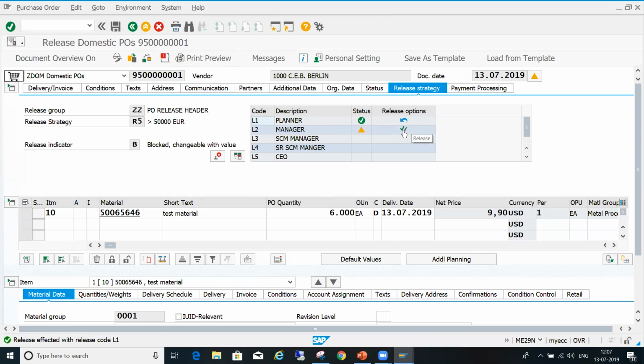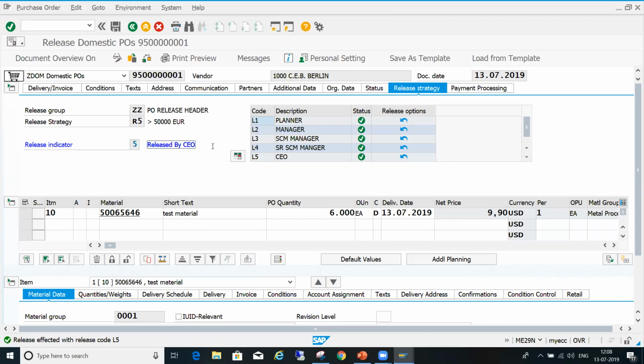The planner will release, after that the manager will release, then SM, then senior SM, then final release. Once it is final release, we have given the indicator as 5 for the CEO. That's why it comes as released by CEO.